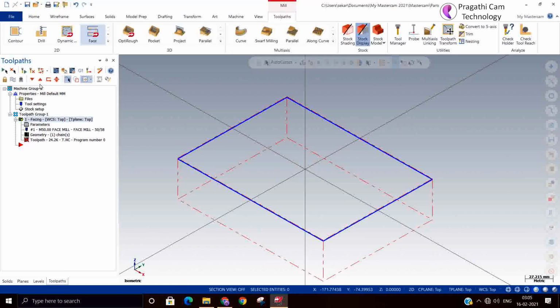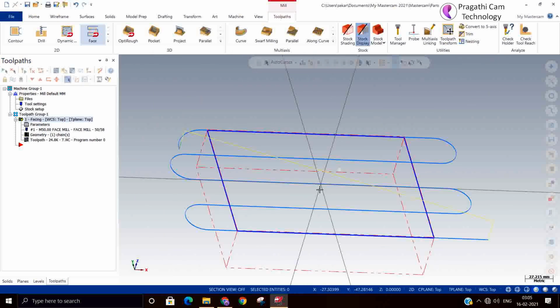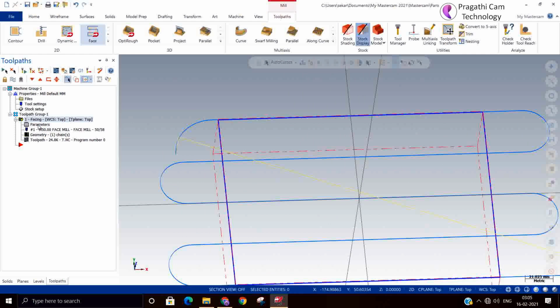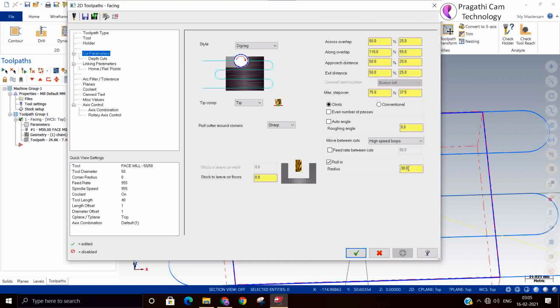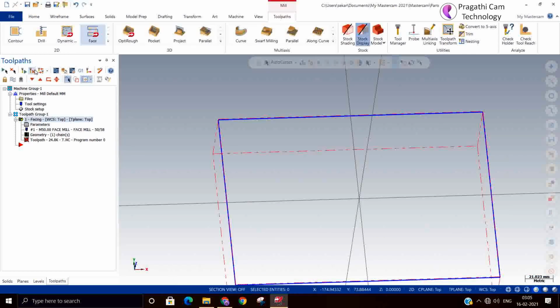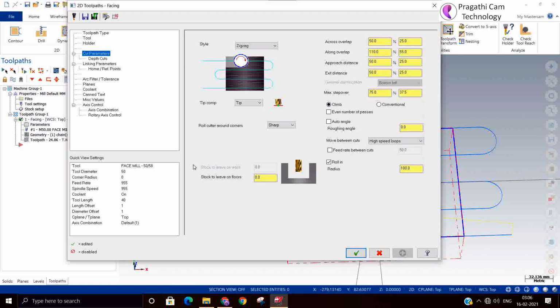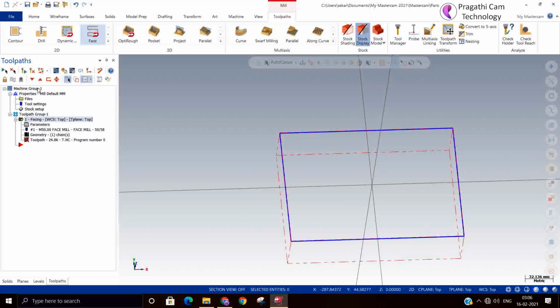It will make one small radius so that the tool engages with the material very smoothly. So it's for smooth engagement. That's the role of the radius.